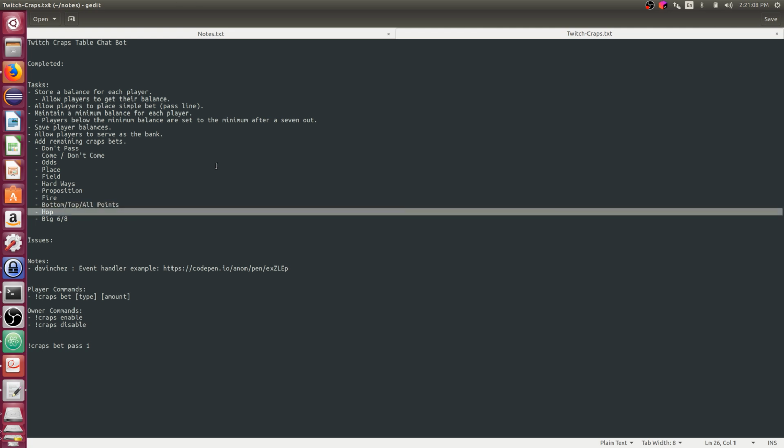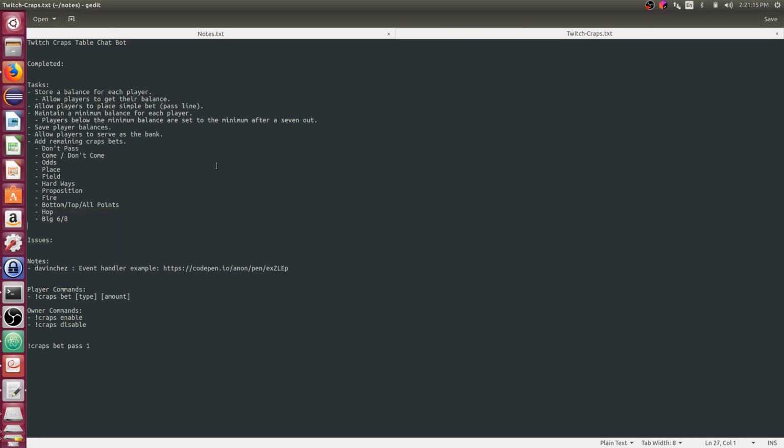Then hot bets are basically specialized one-roll bets that a very specific die roll will come up. Then big 6-8 is an even money bet that pays if you hit the 6 or the 8 and loses on anything else. It's a pretty crappy bet. If you're going to play that, you're better to play a place bet on the 6 or the 8 instead, and they will pay better than the big 6-8.